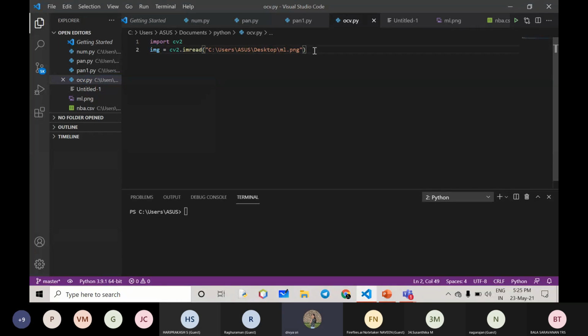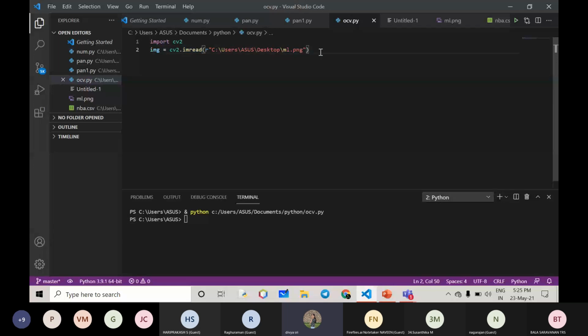Here also I think the image will not be accepted, so you have to give r for raw format. If you run the program, it doesn't throw any error.